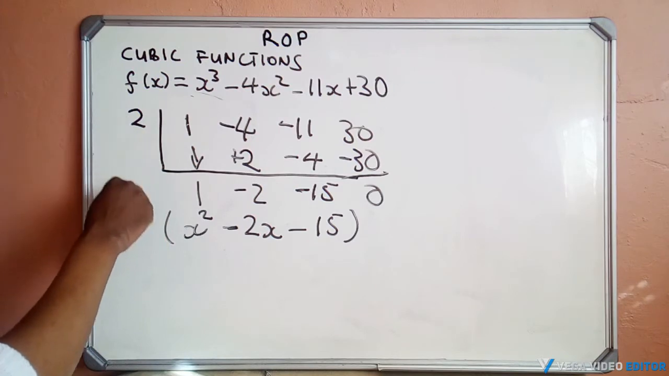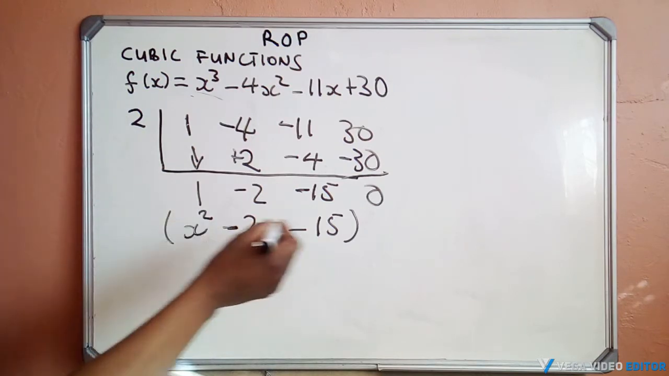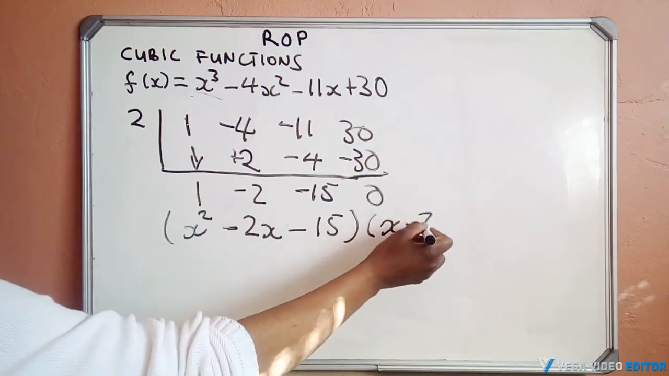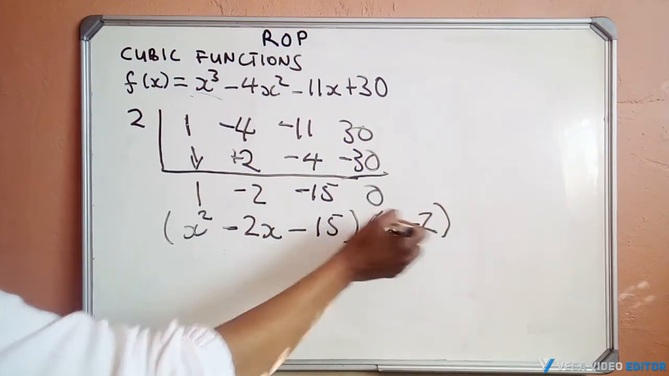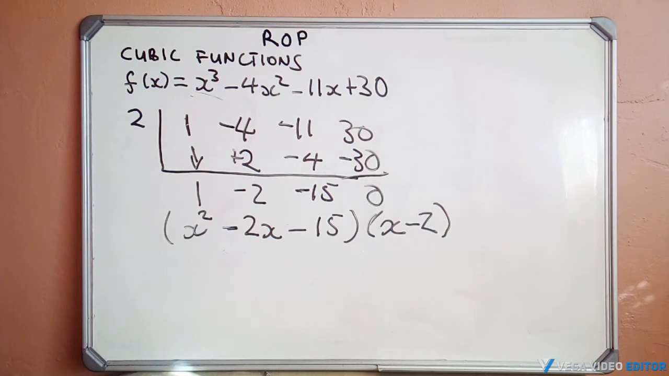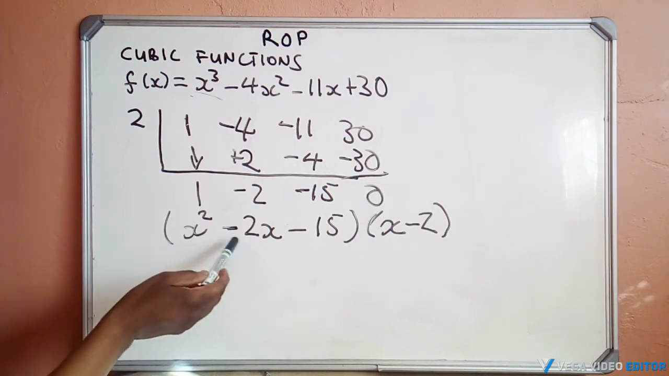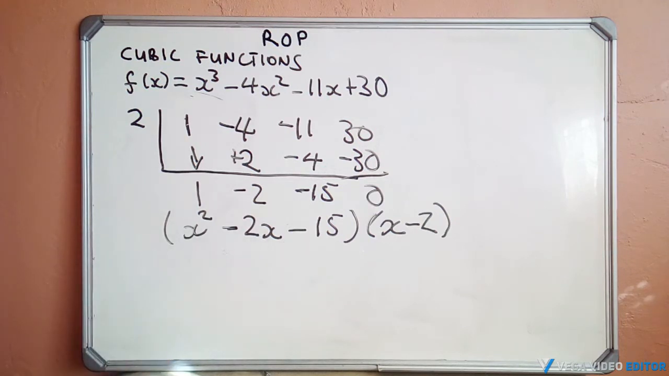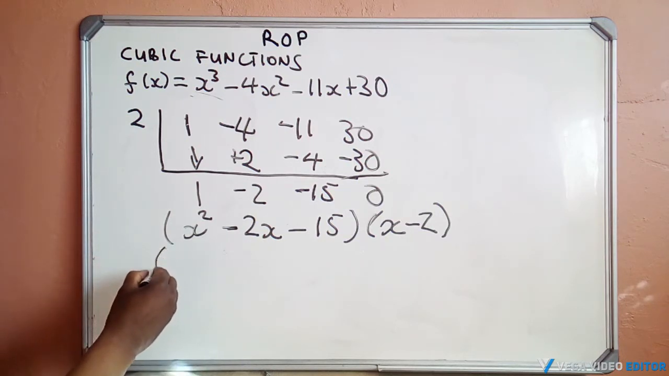As x equals 2 is associated with the factor x minus 2. Alright, x minus 2. Now we are not done. What we can then do is, we know that we can factorize this further, right? We can factorize this further, and if we were to do that, we will have,